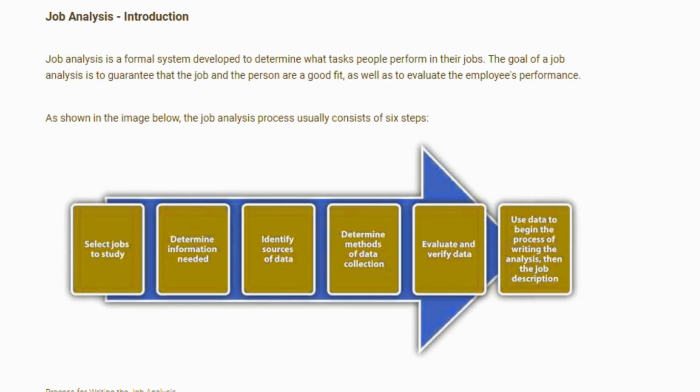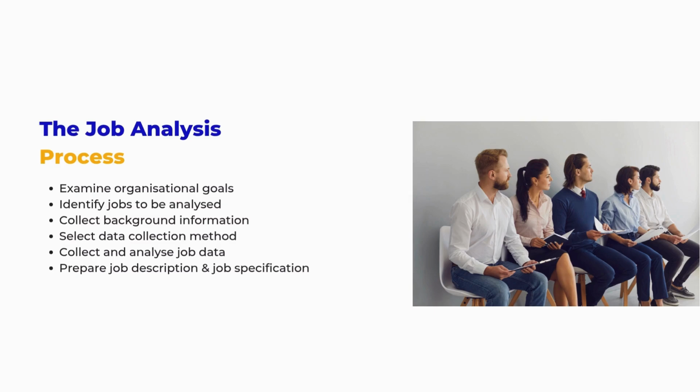There are six main steps in the job analysis process. The process of writing any job analysis usually includes six steps. The first is examining the overall organization goal, by understanding what the business wants and what achievements they need. This is going to be the main factor to examine. Next,